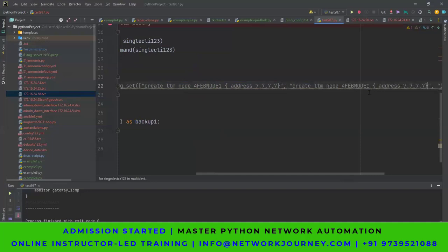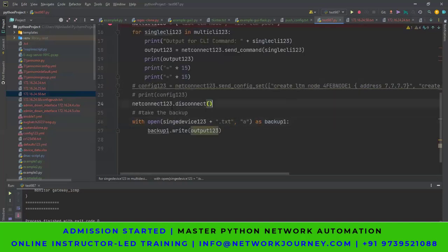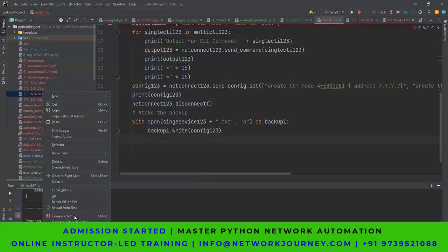Let's say now this is node 2 and you want to give it 8 series. And then for the very last one, you can just clone that. This is node 2, sorry, node 3 and another IP, let's say 9 so and so. Fine. Now you wanted to see if the configs are happening, and if there is any error, you want to take it in a backup, feel free to do that. Okay. So I will just delete the old file once